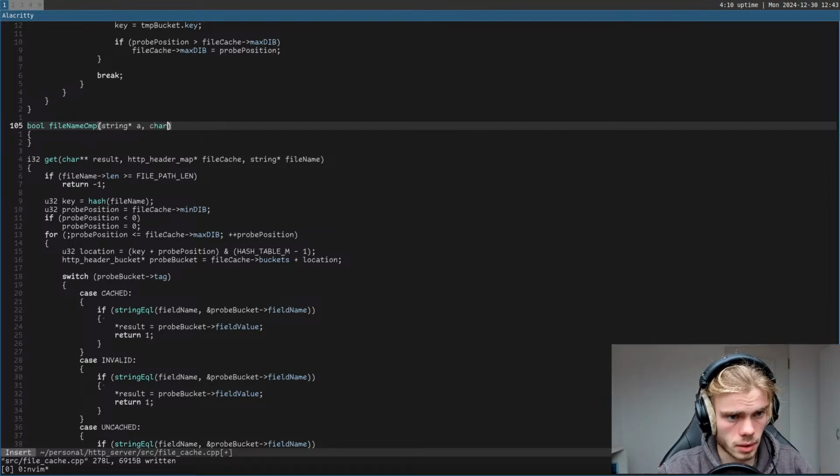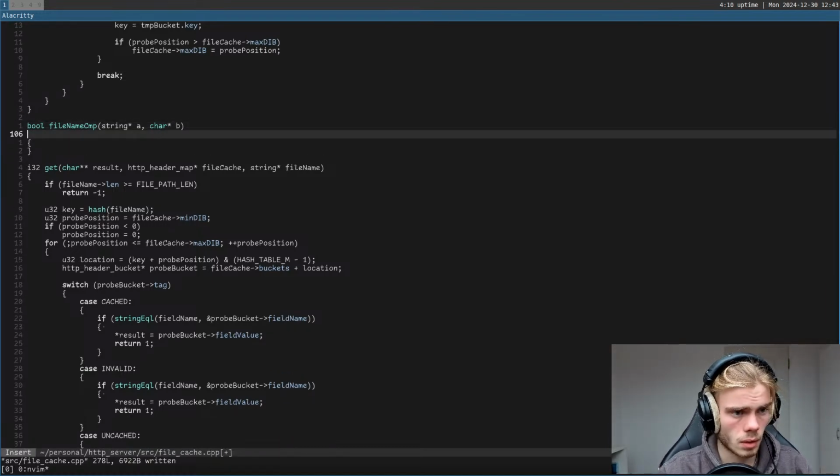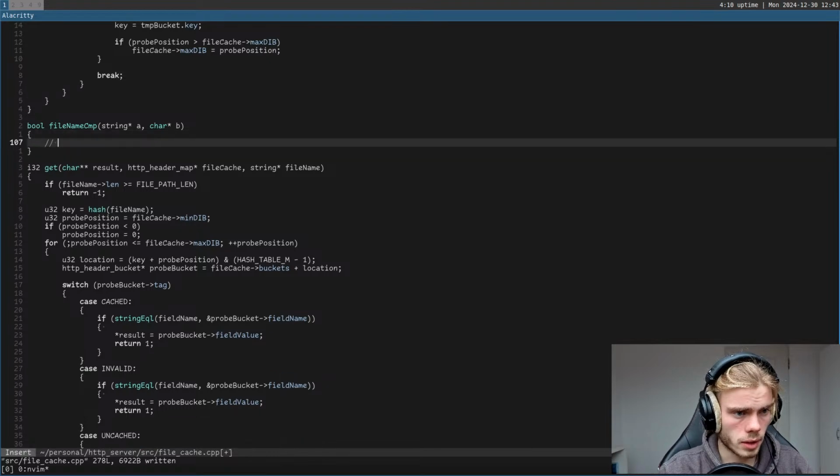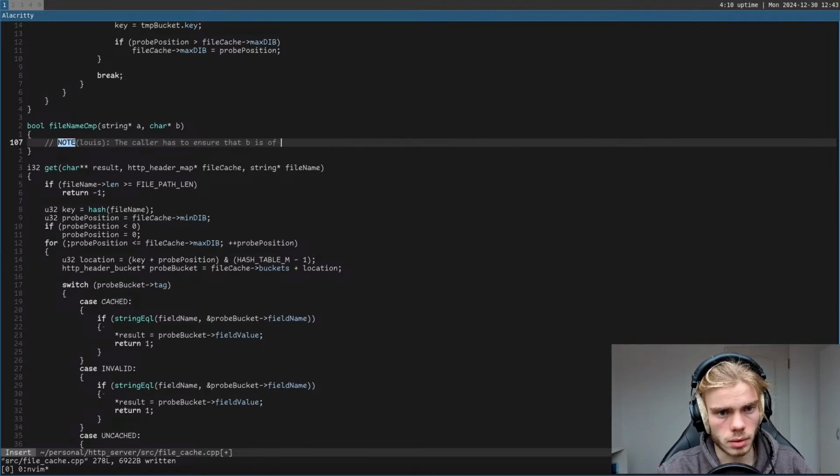A and gets char B, and the caller obviously has to ensure that B is of size file path length. So